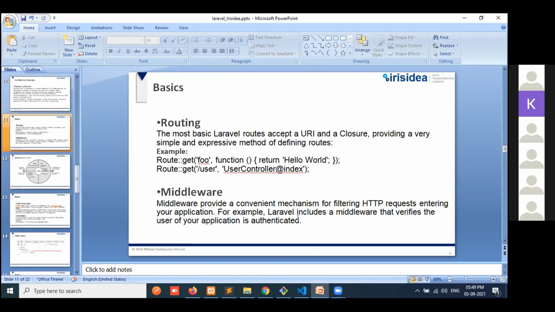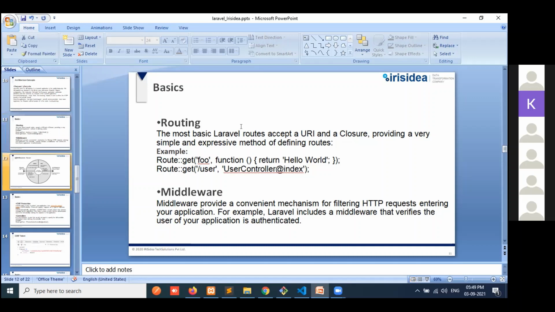And it also creates one token. So first we request the users, like get or post, and then check whether the user is authenticated or not.